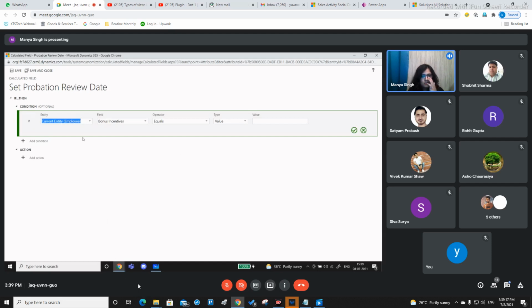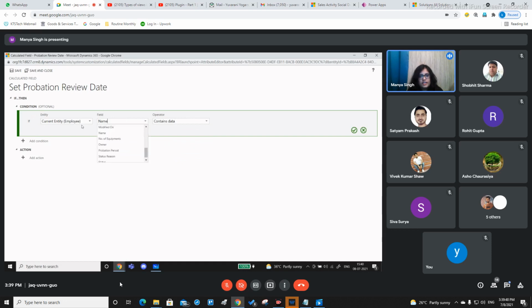So right now I'll be adding a condition that if the current entity, employee, his name, and here you have various conditions where you can check whether it contains some data or not. So if the name contains data, that basically means that if I've input some name in that particular new record for an employee, this is my only condition right now.